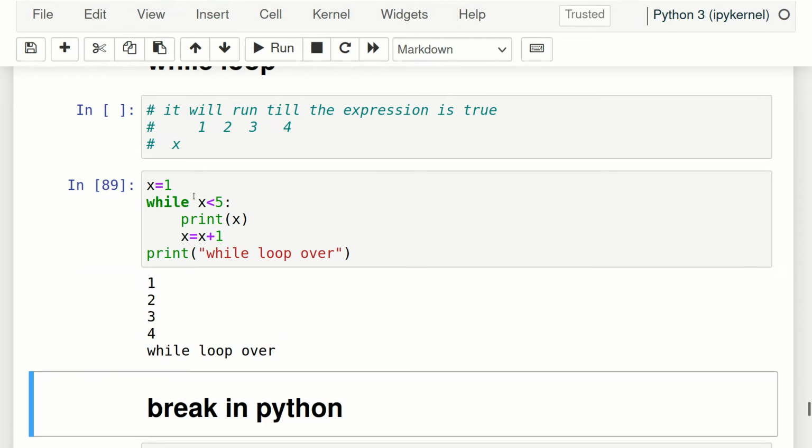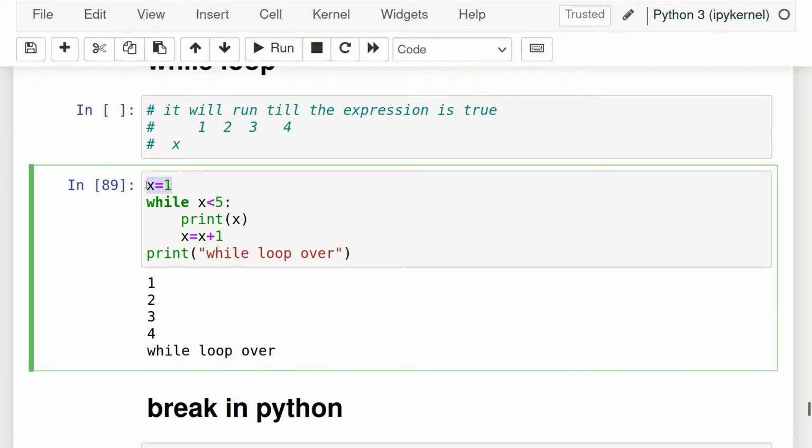Now how does it run? For for loop we have seen it iterated, but for while loop the thing is different. For while loop it starts running in this way. At first it will execute this one, x equals 1. This is very simple. Now for while loop at first it checks the condition, just like if else, and if this condition is true it will go inside and run it. But again, since it is a loop, it will check the condition. If it is true it will run this too, and again it will go and check the condition. That's why it is called loop.